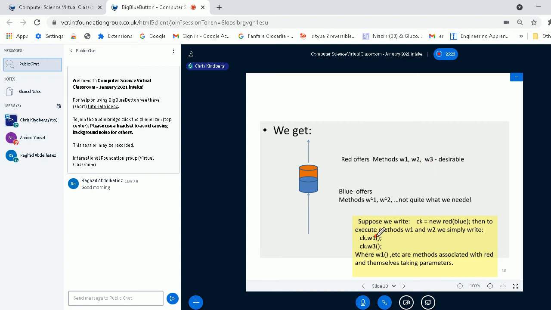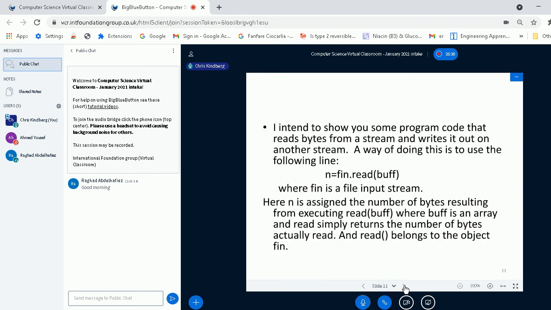If I wanted to execute method W1, we have to prefix it with the new object name. That might sound a bit scary, but what I'm intending to show you shortly is some program code that will read bytes from a stream and will then write it out on another stream.